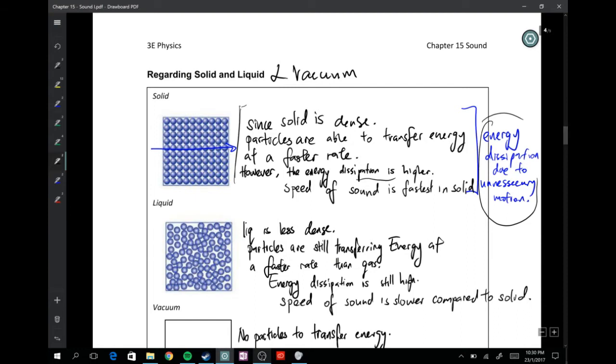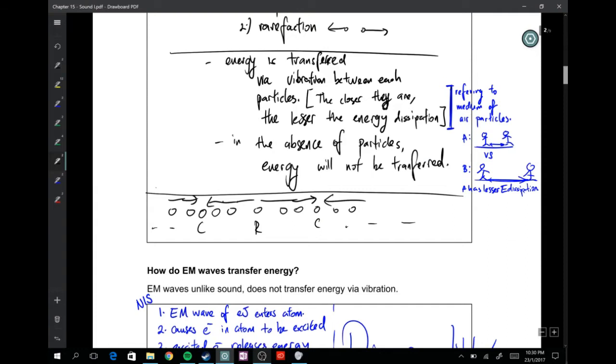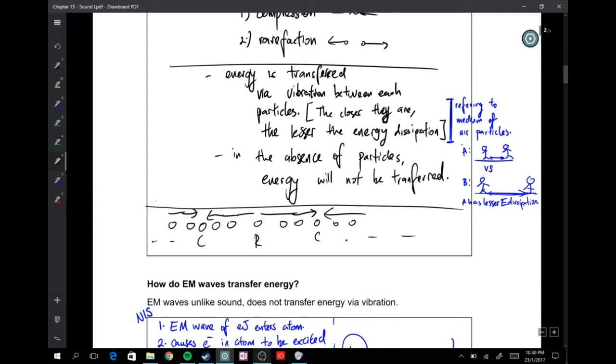I want to clear up this confusion. I know I explained this in class and I think everyone got it with this diagram. It's basically scenario A versus scenario B: a person that is far away and a person that is near. You need less energy to convey the same message at the same volume to a person that is nearer as compared to the person that is further. I'm quite sure this is quite a common sense thing.